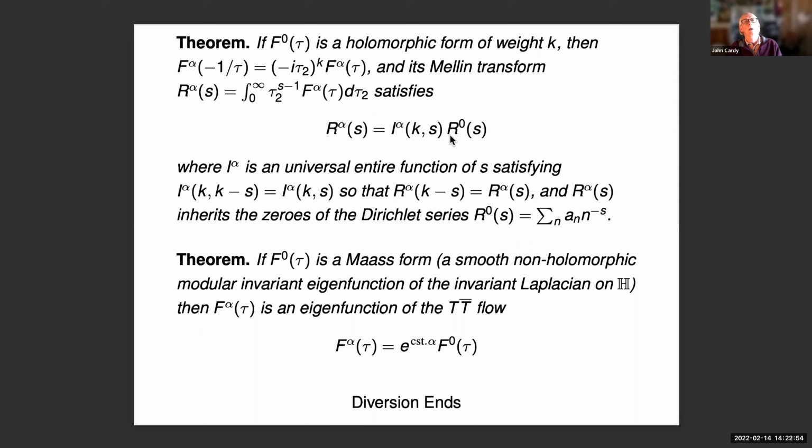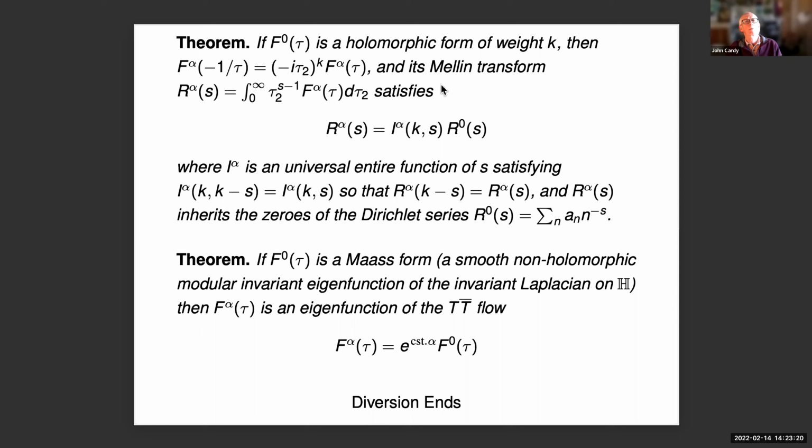So if we take the undeformed Mellin transform and we multiply it by I, which happens to be the universal function, which happens to be related to a confluent hypergeometric function, then, well,